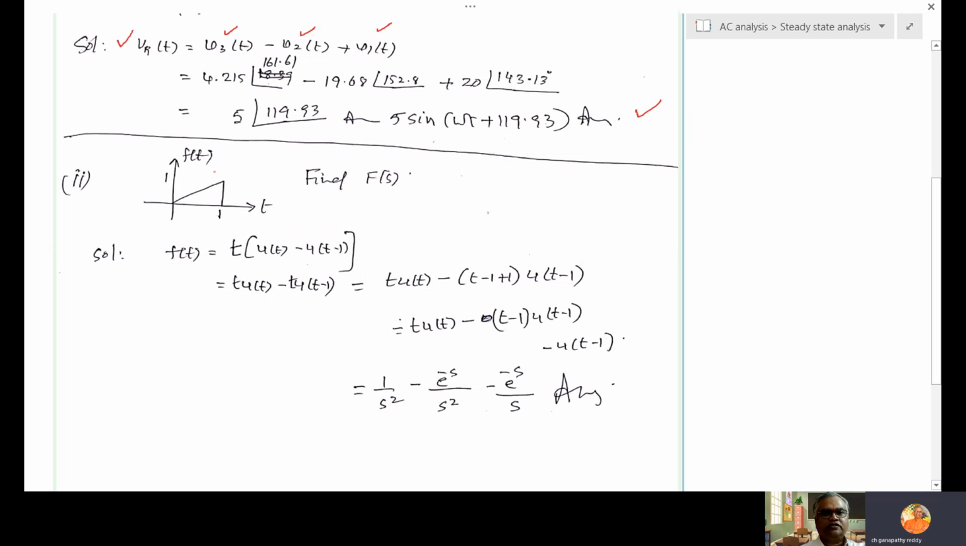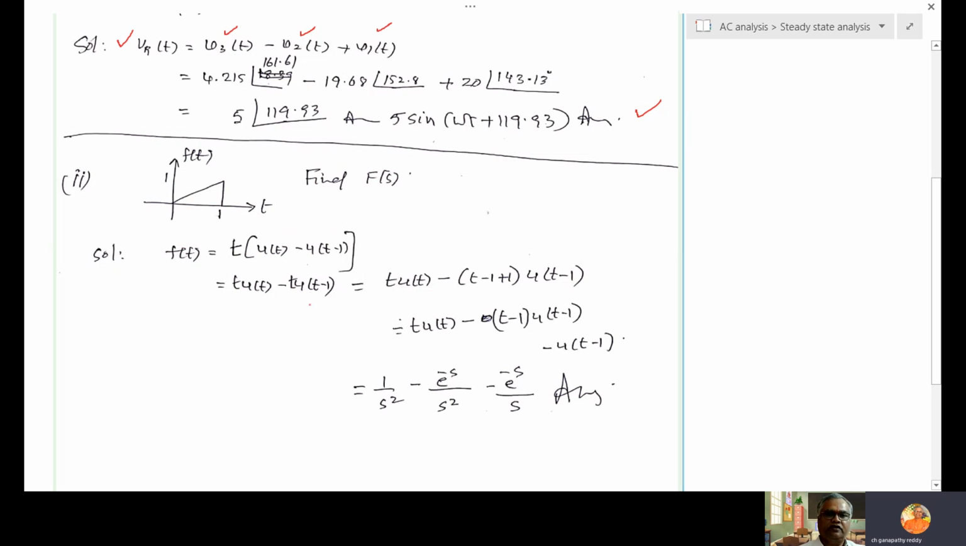There is another question in this. F of t is given, find F of s. One signal, one function f of t is given, find its Laplace transform. So f of t exists from 0 to 1. Its equation is t, but you have to write u of t minus u of t minus 1. So t u of t minus t u of t minus 1 is equal to t u of t minus,